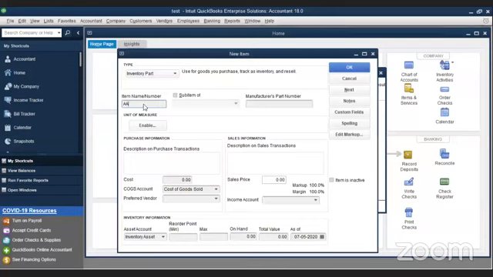Okay, there's some issue. Okay, I'll say AA. And then I'm going to put a description on the purchase transaction. We'll say iron. You have iron in your stock, and you have a cost already.